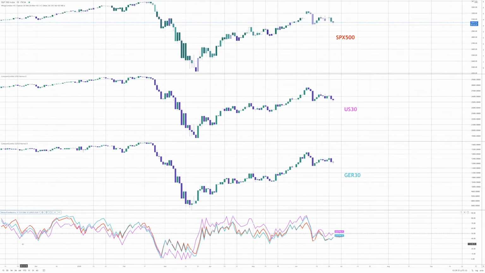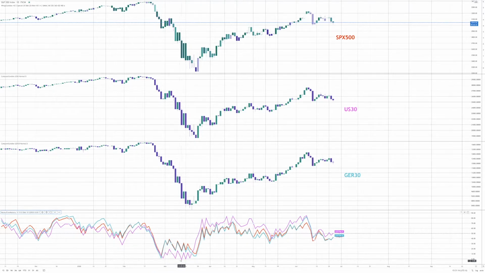Okay, so here we have our money flow mastery, and we've singled it out to the red S&P 500, the blue GER 30, the DAX, and then the fuchsia US 30. So here we have the money flow lines crossing the 50, which is going into bearish territory. You could have got in on anything on the short and you would have made a lot of money. So here we have the market tanking, and